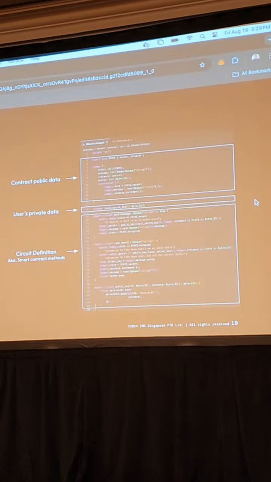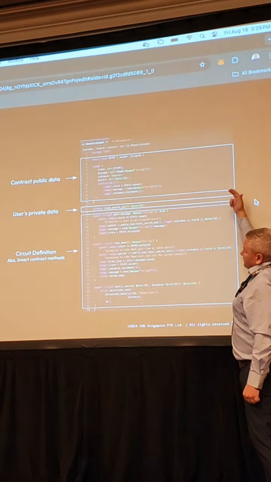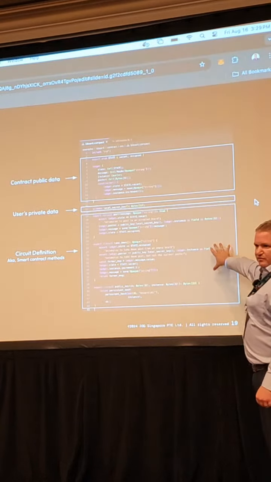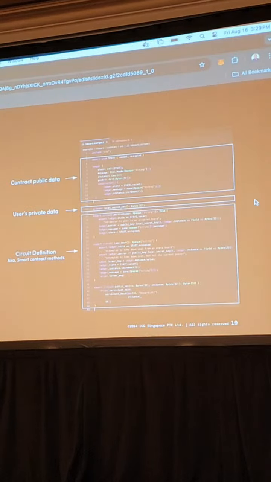What's shown over here on the right is the actual Compact code, which in the next few slides I will show you so you can actually see it. But you see the various components. Up at the top, there's not a box, but that's where the standard library lives. This is the public information definition, the ledger definition. This is the witness or the private data, and then this is your circuit definition, or AKA your methods that you use. And so let's look at what those look like.